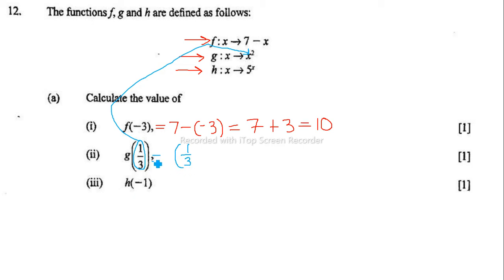Do not put this comma when you're writing it. Just say f of -3 equals. Don't put this comma. So it's going to be equal to a third